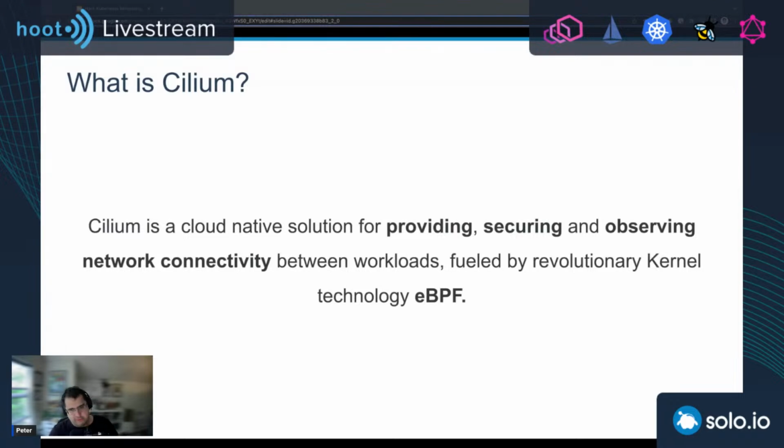So I was thinking, instead of doing that, let's take a step back and actually try to explain how networking in Kubernetes works, right? Because that's kind of what Cilium is trying to help with. So if we understand the networking in Kubernetes, then it's going to be much easier to see how and where Cilium fits in, right? So I'm going to start with the definition, and then there's going to be a lot of networking in Kubernetes type of things and explanations and a demo, but we will get into